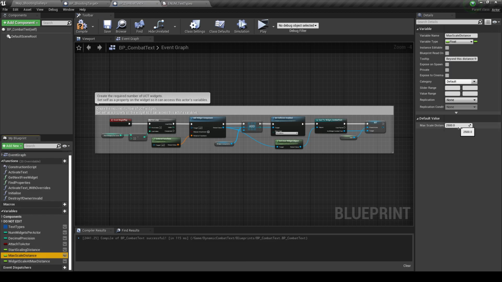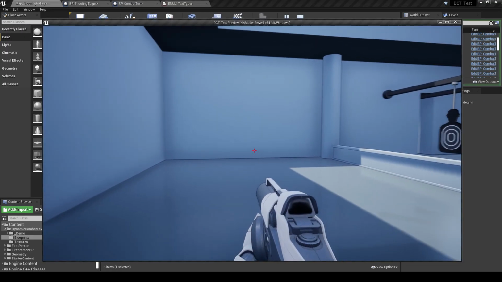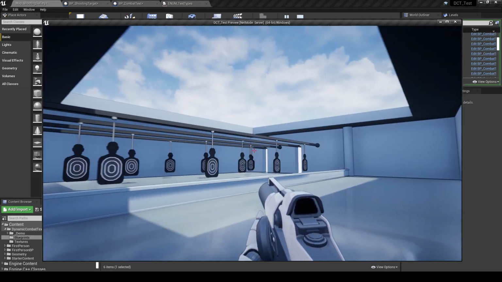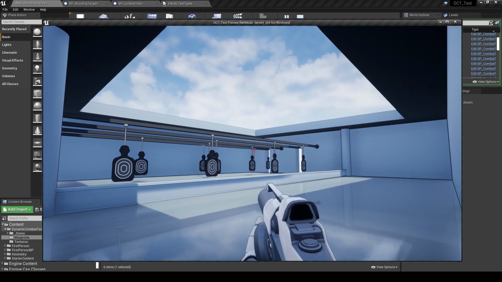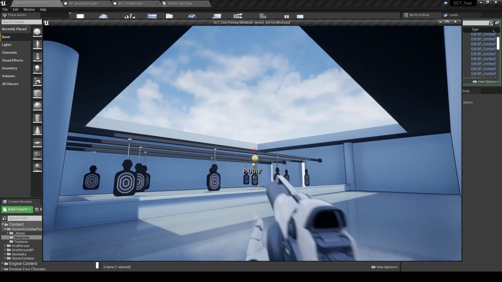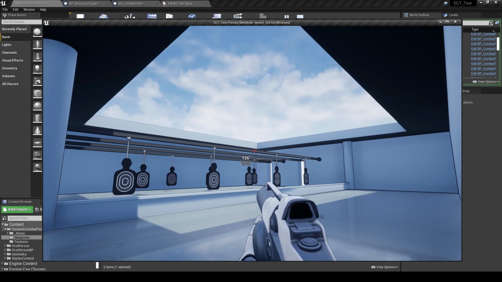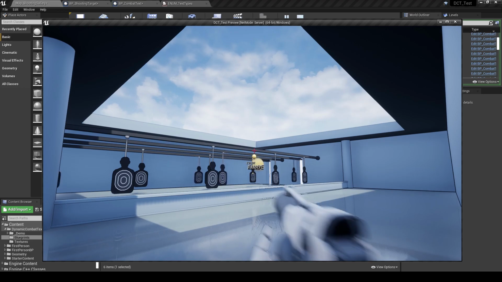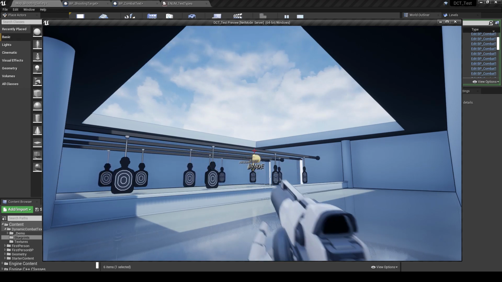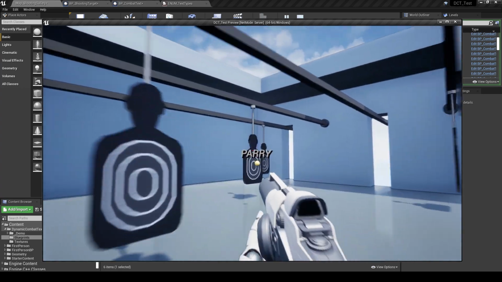And then at 25 meters and beyond, it's going to be at 0.5 distance. So if we give that a run, if I go to this corner, those targets in that corner are at 27 meters, so they are at the maximum distance. So you'll see that the pop-up text is a little bit smaller compared to, if I go right up close, that's at maximum